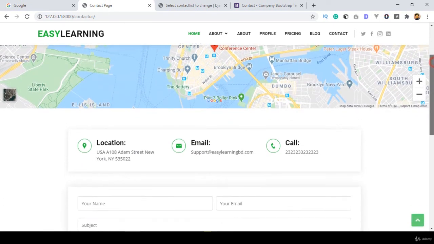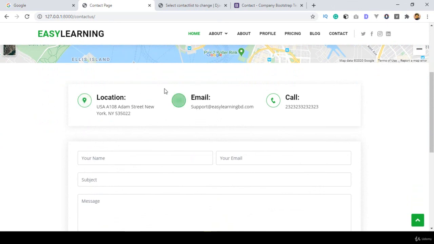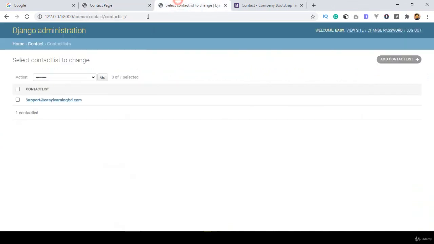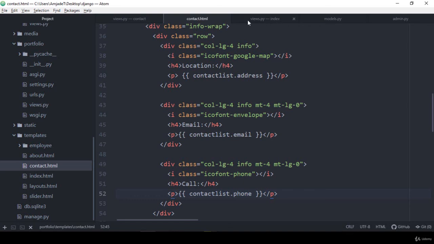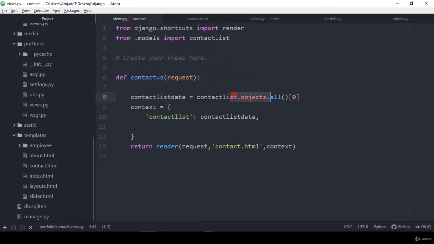So now I just made this part dynamic. Every data now comes from which place? It comes from our database table, at index 0, right? So that is our index 0. From here I get our index 0 data, and I just pass it to our contact.html with this context, right? So here I added the dictionary, and into the dictionary area I pass our key,